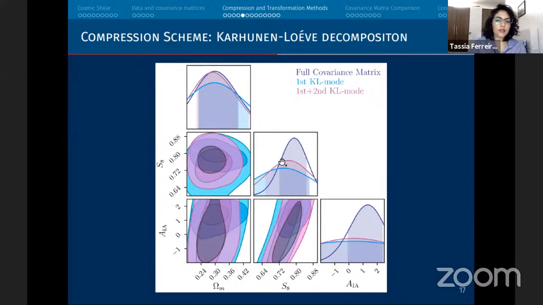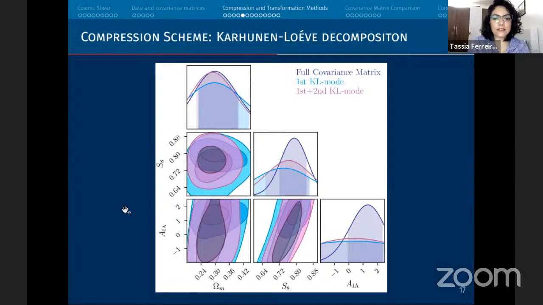So we see that choosing a compression that relies on signal to noise might not be the way to go. And the results that I'm showing here, well, to be honest, they're really bad. But you can trust me when I say that the KL decomposition works in a lot of cases. There are many papers that use it, and they're able to reproduce the parameter constraints well. But again, this wasn't the case for us. So if you're looking for a compression scheme, don't check just the parameter that you want. Be sure to check all of the parameters, because you might be